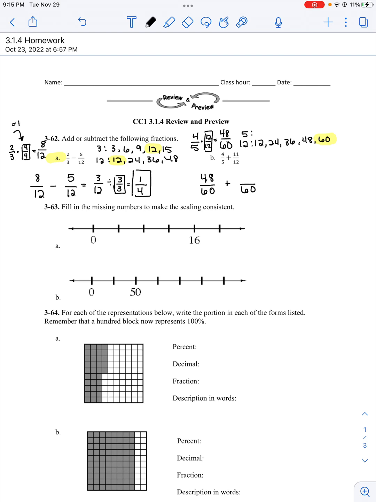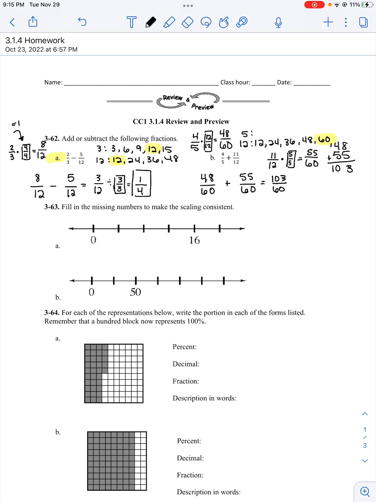So it's 48/60 plus 11/12 times something will get me a denominator out of 60. 12 times 5 is 60. 11 times 5 is 55. And now I add. So I have 55 plus 48. 5 plus 8 is 13. 4 plus 1 is 5 plus 5 is 10. It's